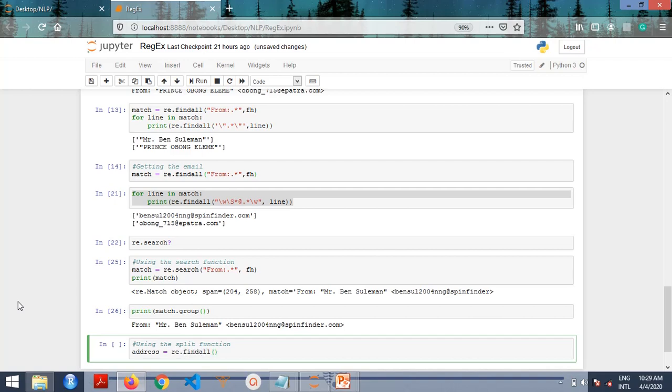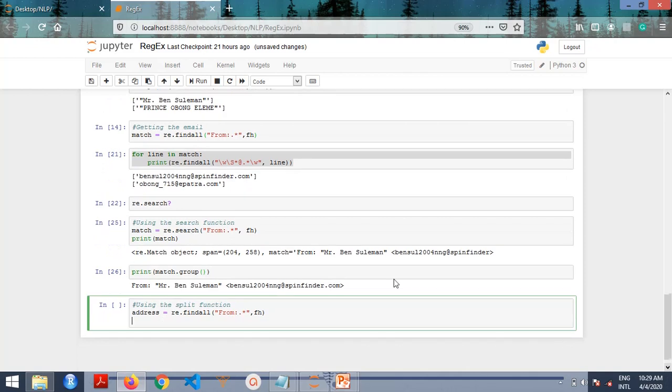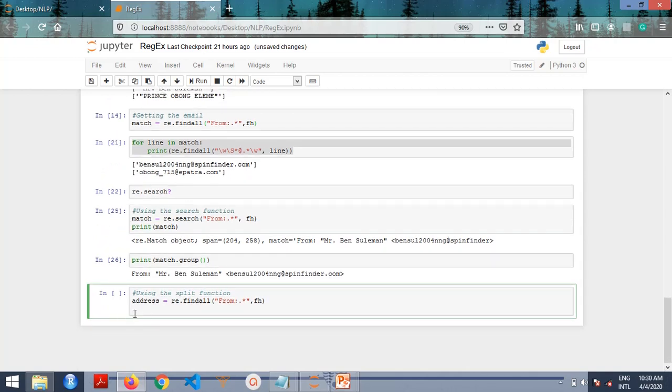So we want to find everything that started with from, followed by a quote, a full colon, then we want to match everything on the left in our file holder. Now the next thing we do is iterate through this address here to get the domain name and the email address. So simply iterate through it by writing a for loop saying for line in our address